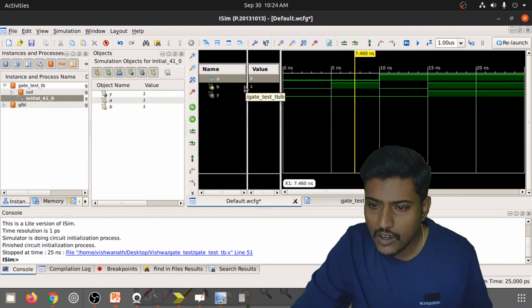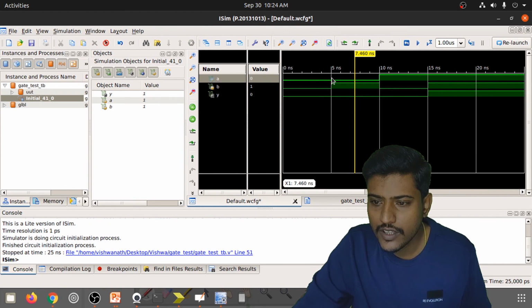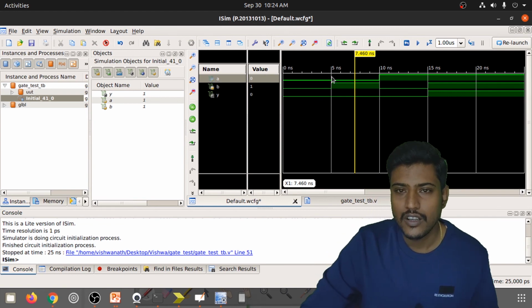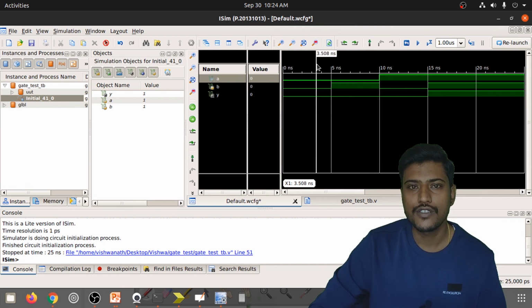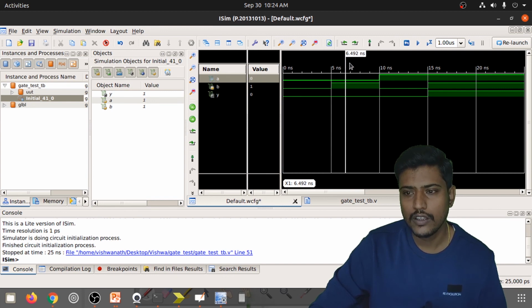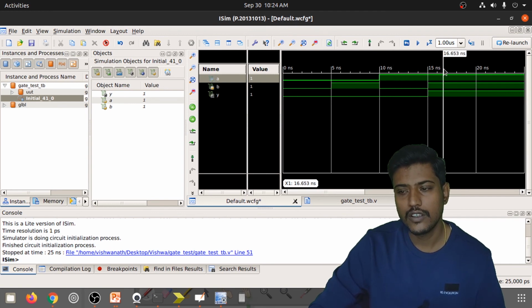From 0 to 5 nanoseconds both A and B are 0 0, from 5 to 10 nanoseconds it is 0 1, from 10 to 15 nanoseconds it is 1 0, and from 15 to 20 nanoseconds it is 1 1.